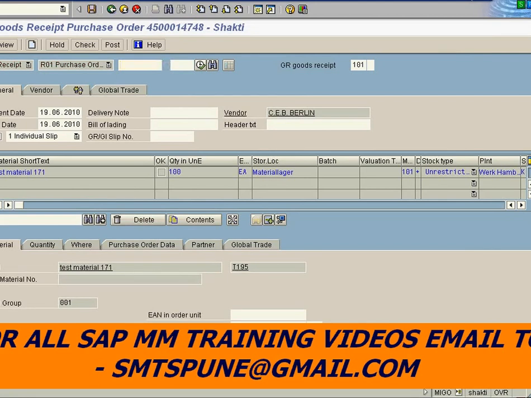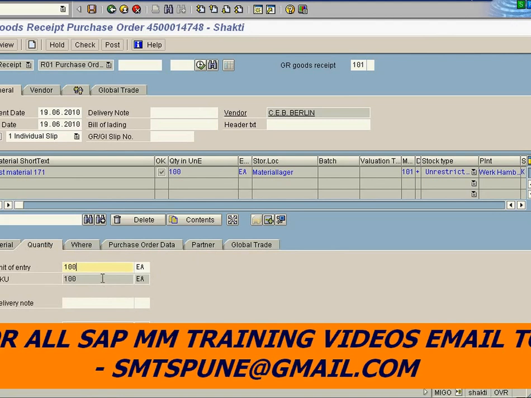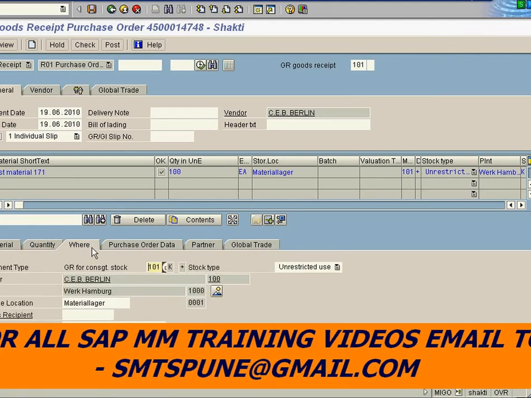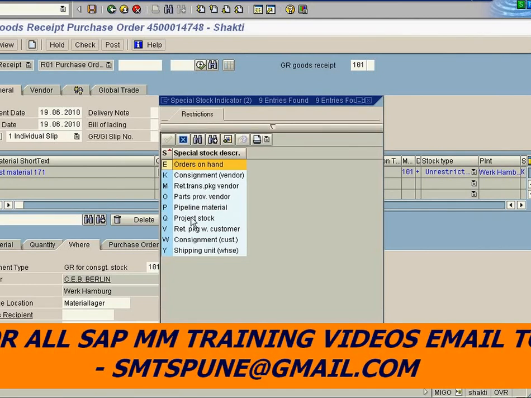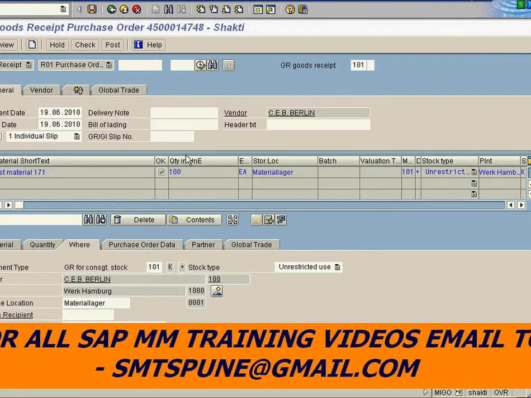Okay, so I am receiving a quantity of 100, and if I go to the where tab, this is GR for the consignment stock. The movement type is 101, and in the next column the special stock is K. K stands for consignment. So it will update the consignment stock.